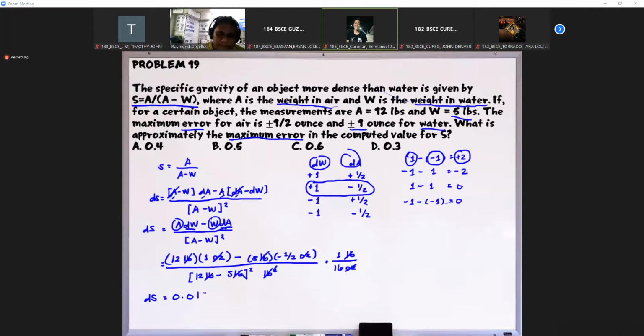Let me check our handouts. I know the choices are wrong. Okay, so these are our choices: plus or minus 0.0175, plus or minus 0.0185, plus or minus 0.0195, then plus or minus 0.0205. So these are the correct choices here.